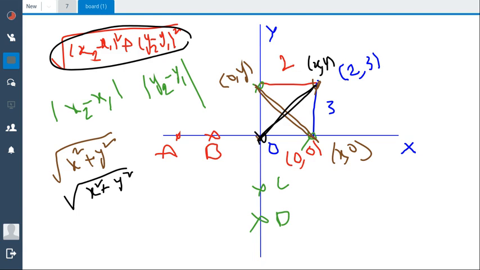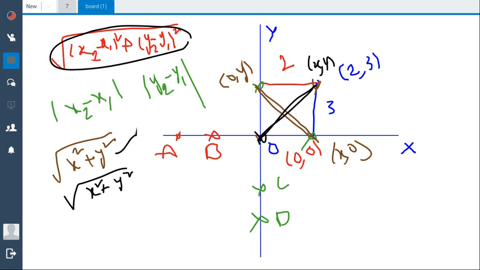Next, I given some different cases here. First, one point is on the x-axis, which I generally take as x comma 0. The second point lies on the y-axis, which I take as 0 comma y. I want to find out the distance between these 2 points. I have substituted in the above formula, square root of x minus 0 whole square plus 0 minus y whole square. So I got square root of x square plus y square.